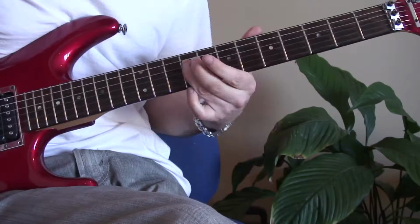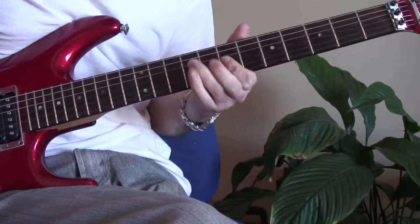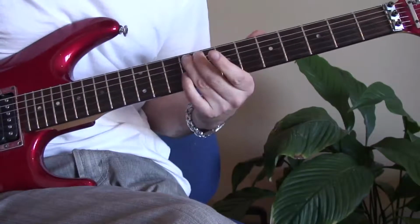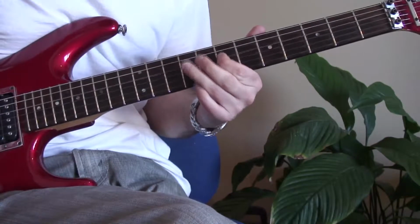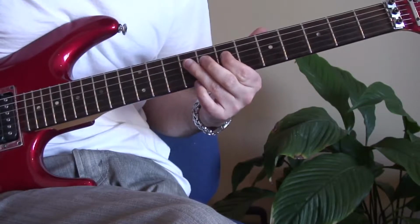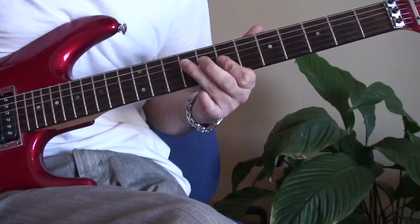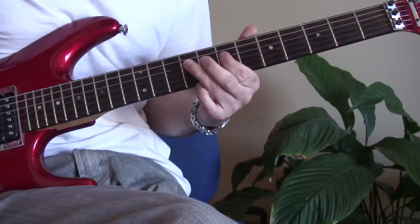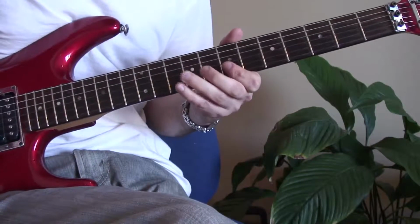Then we have this. So we're sliding up there to 9 on the A, and then hit 7 on the D twice, 9 on the D, double stop 7 on G, 7 on the B, 9 on the D again, and then go back to that double stop again, and then,